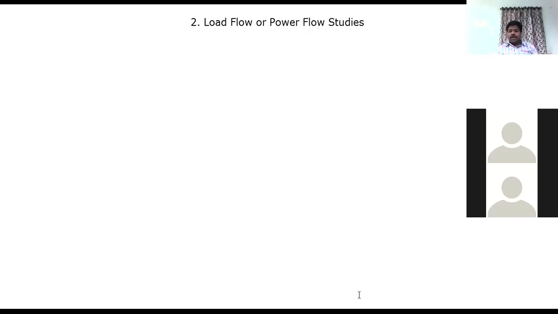The very important point you need to remember here is you are going to get the real power, the reactive power, voltage, phase angles, and currents at a particular bus. Now, if I ask you how many buses are included in your power system, we do not know. But later we are going to classify the buses. Based on the classification, we are going to analyze how many buses are there and how many are categorized into each category.